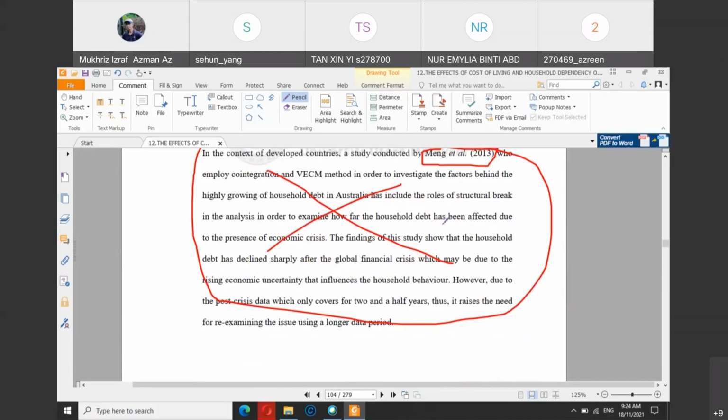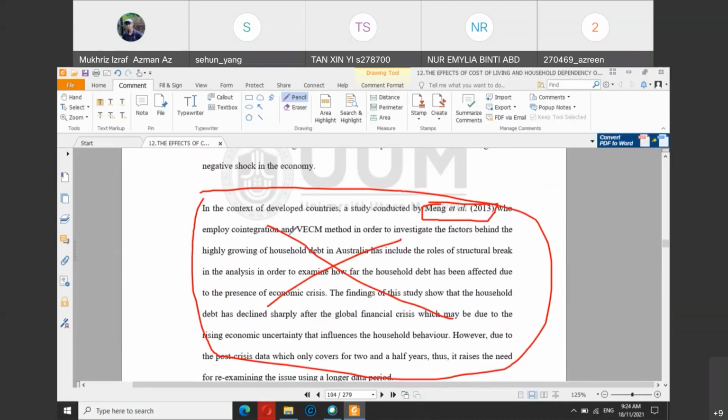So in other words, the whole paragraph becomes meaningless in a way. Of course you might say that this is correct, but if I cannot verify from the original source, let's say I want to spend some time and read more, is what Meng et al. says the same as what you have written here?